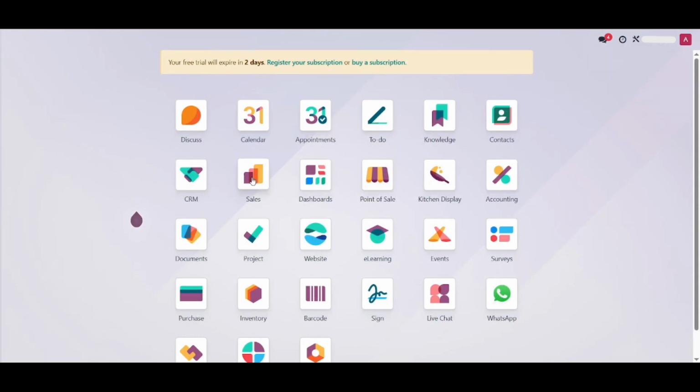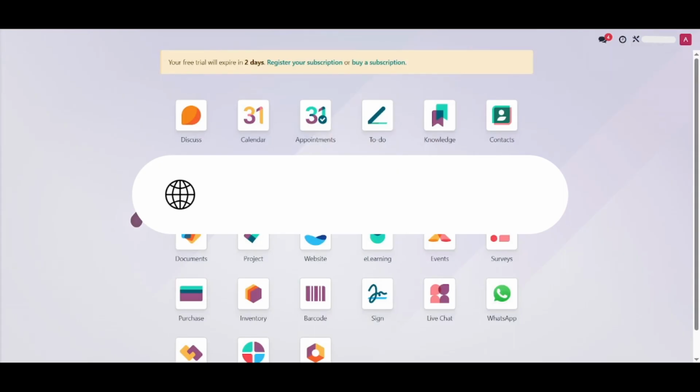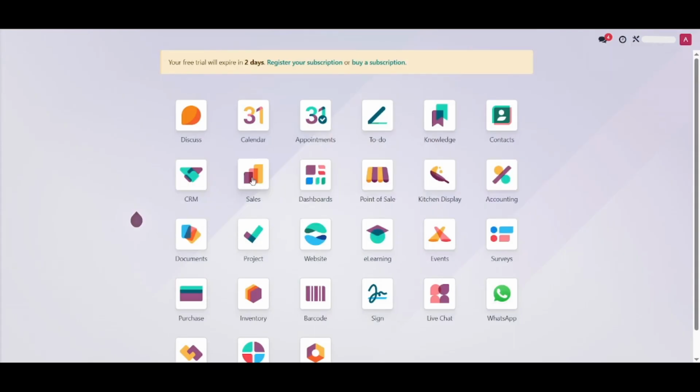Hey guys, today I'm going to show you how to enable cash on delivery payment method in Odoo. Let's get started. First, go to odoo.com, log in to your account, and this action will lead you to your dashboard